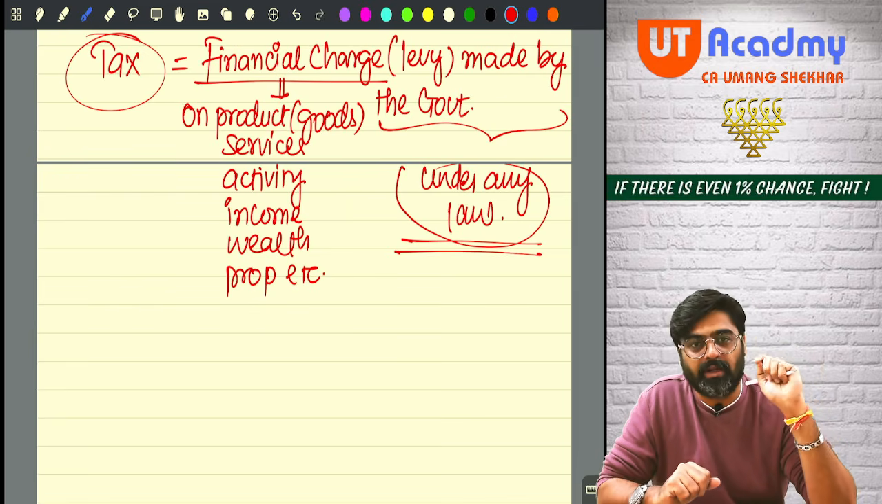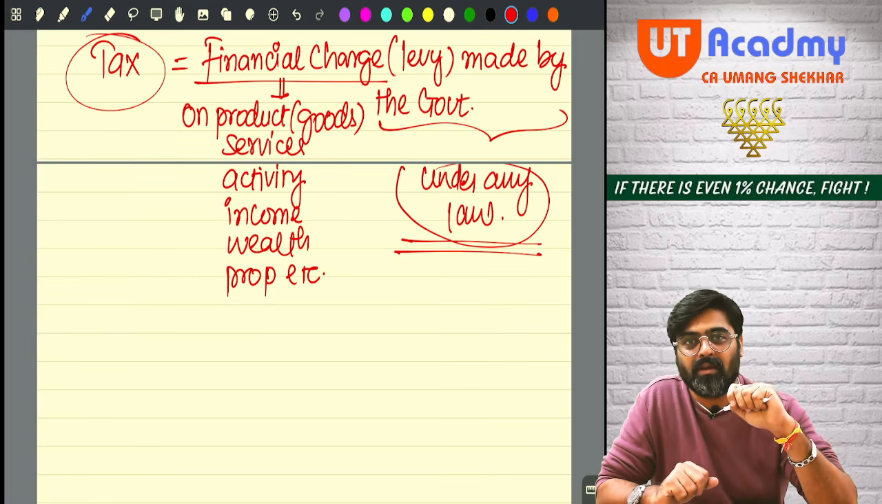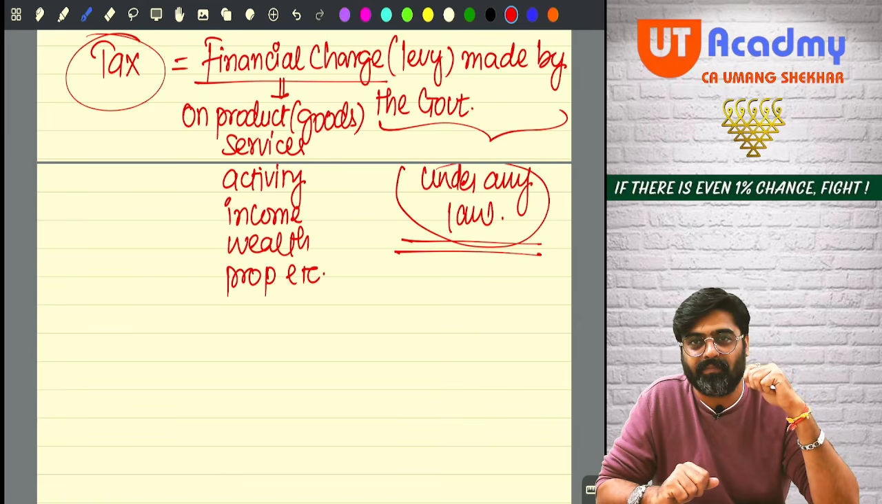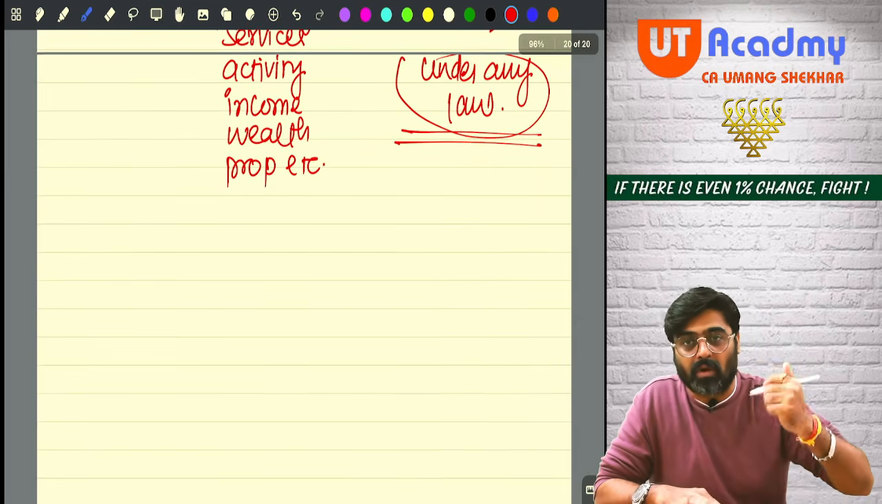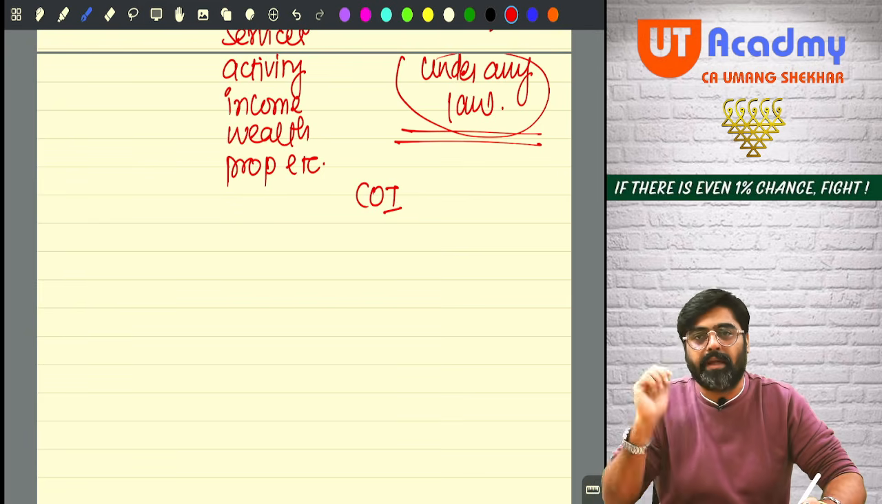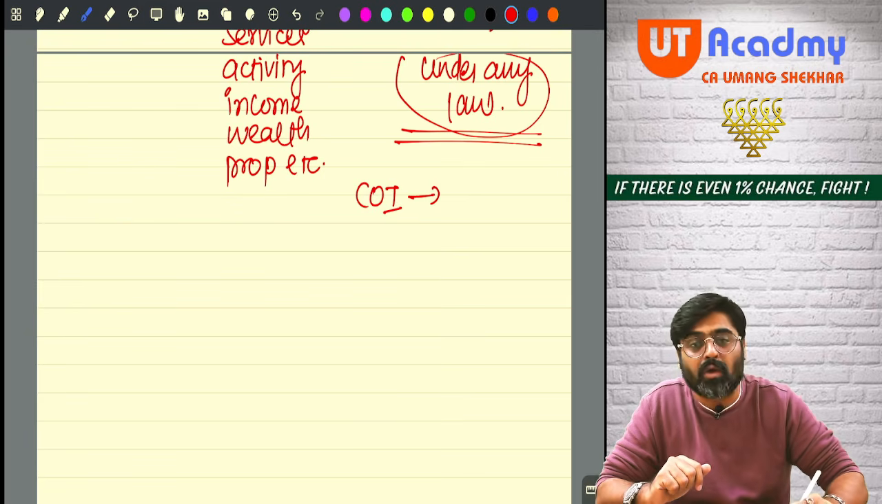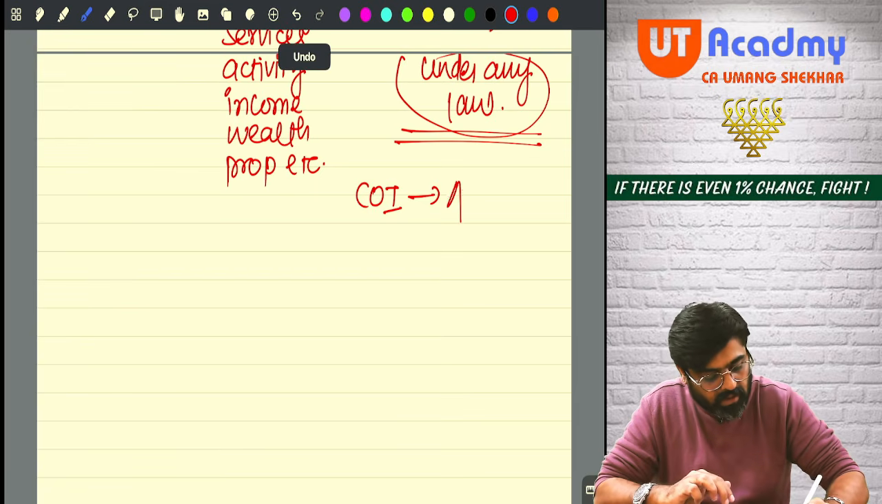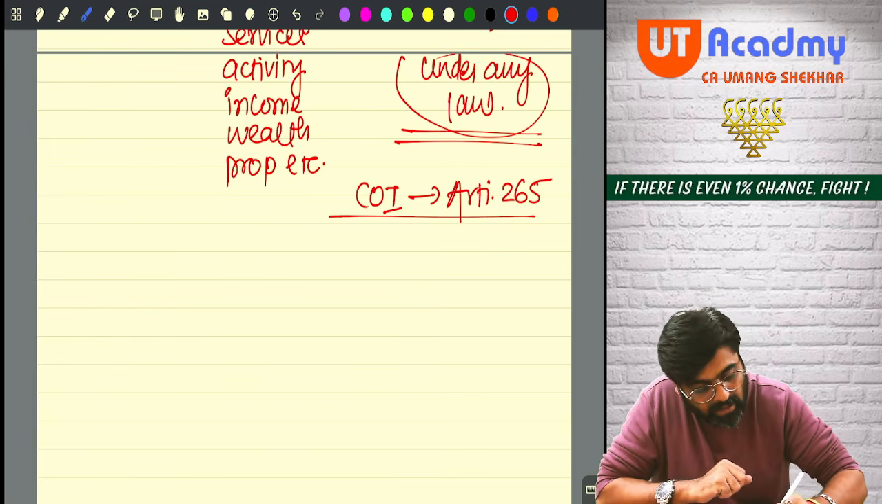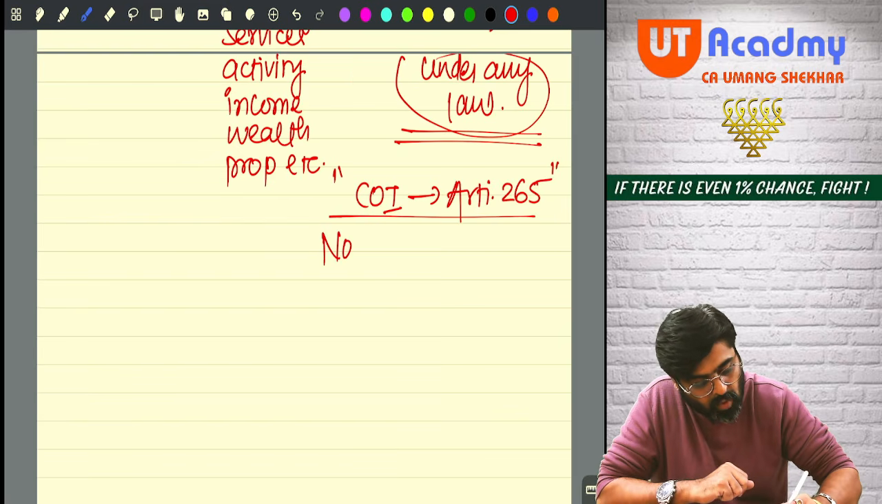So that Constitution gives power, it gives rights and responsibilities to the citizen, and it also gives the rights and responsibilities and the powers to the governments. So when I talk about the Constitution, in the Constitution of India, there are many articles. Okay, so under the Constitution, there is Article 265. Article 265. And this article says that no taxes in India